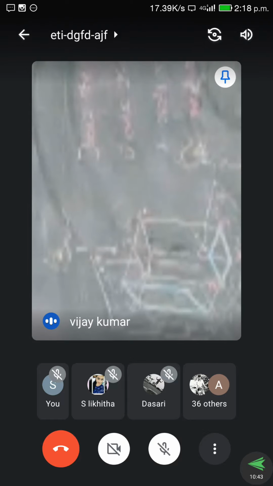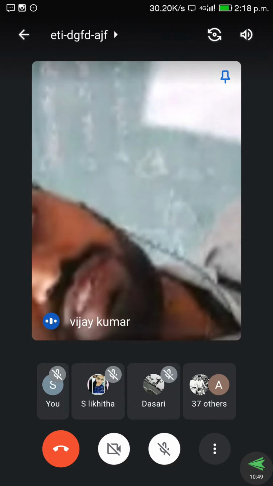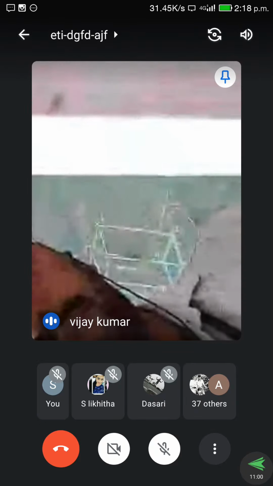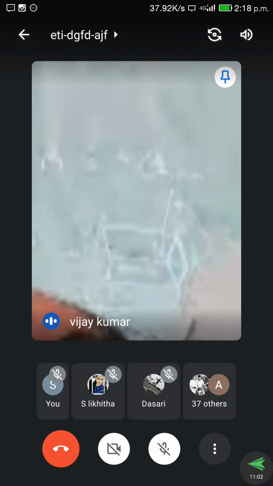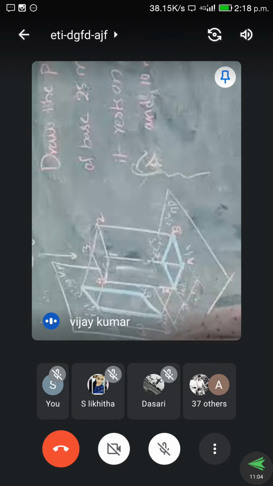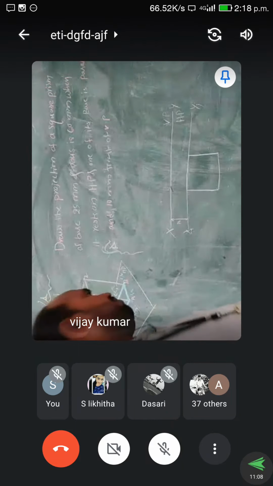So these are the bottom points, because when I am observing from the front view, this point is A and again this point is D. So all the points will appear at a single point: 1A and 2B, and C3 here, and again 4D. So the common points will be obtained on the HP also. So I have to take the box, and the points must be indicated like this.